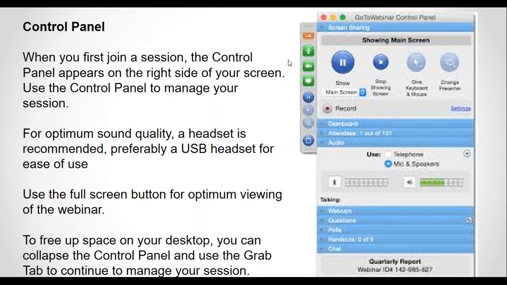Once you've joined, you will get this control panel on your screen. It appears on the right-hand side of your screen. Using the control panel, you can manage your session or your lesson. For optimum sound quality, a headset is recommended, preferably one with a USB for ease of use and good sound. And use the full screen button for optimum viewing of the webinar or the lesson, and that is the 4th